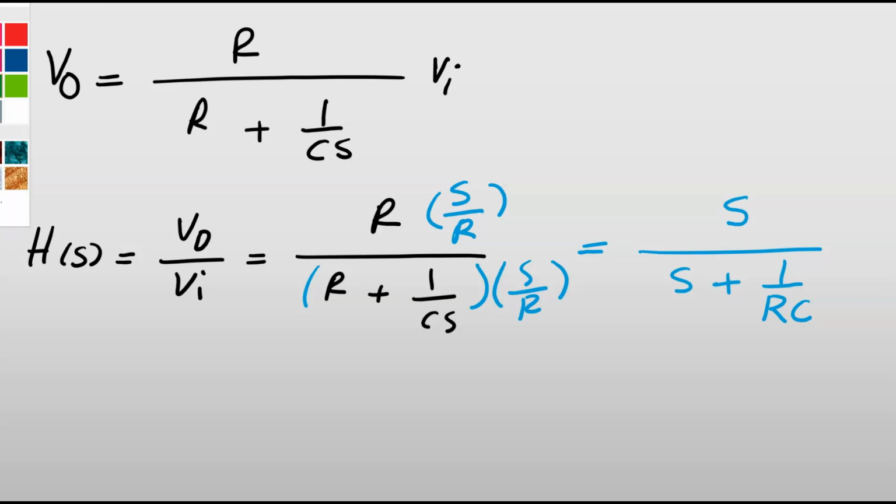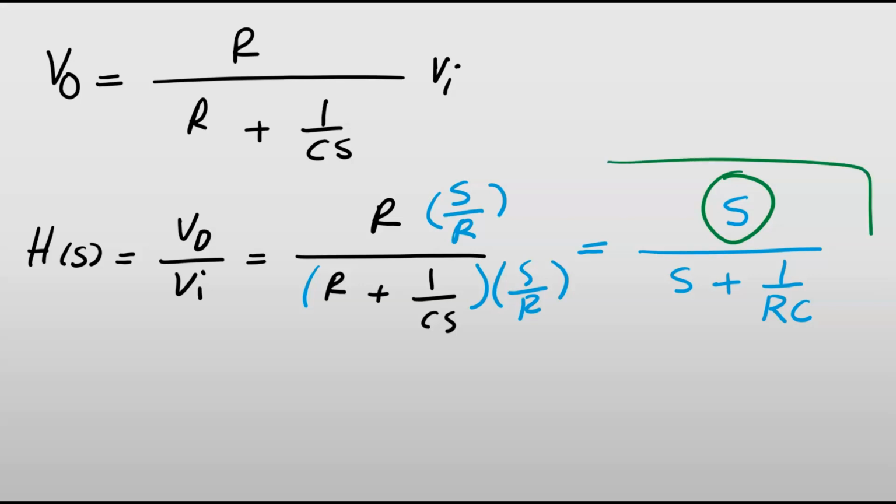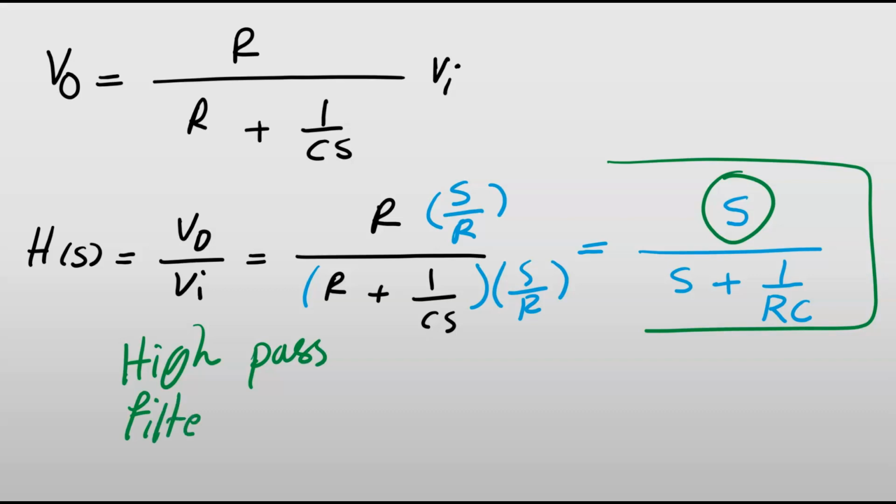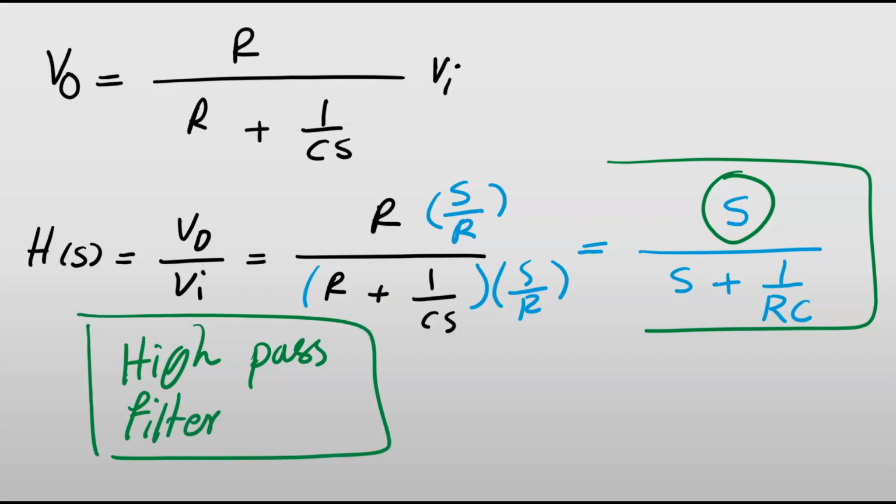If you have S in the numerator, which we have here, then it means that we are looking at the transfer function of a first-order high-pass filter. So I can say that what I have here is a high-pass filter in which omega c is equal to 1 over RC